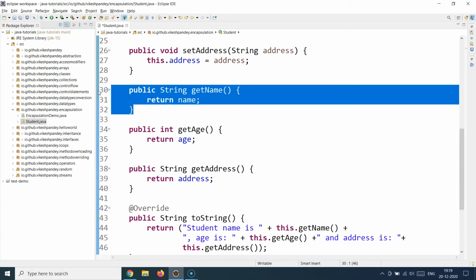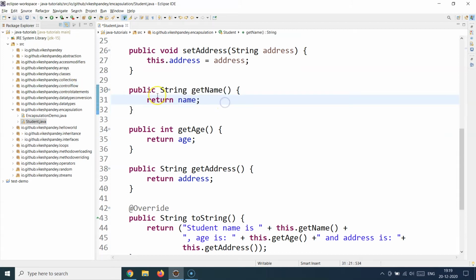So you have provided restrictions and you have also provided prescriptive guidance on how you are going to expose the properties of your class. That's the second thing which you need to do to implement correct form of encapsulation on your object. That is to provide the getter methods with the right visibility. You want to make them public so that anybody can call them, but since you are governing what is written inside the method, you have full control on what kind of exposure you want to give for this